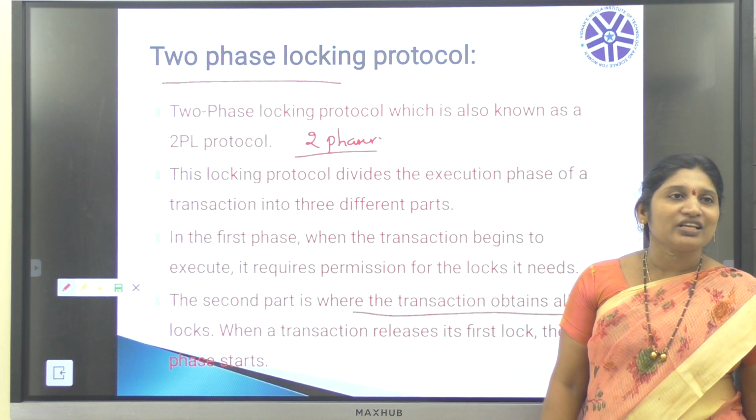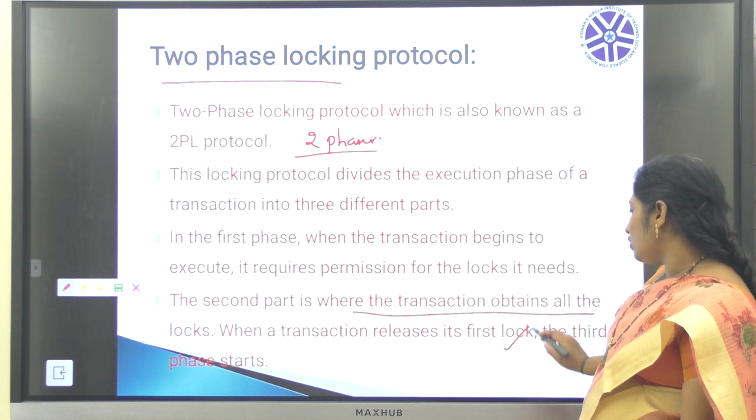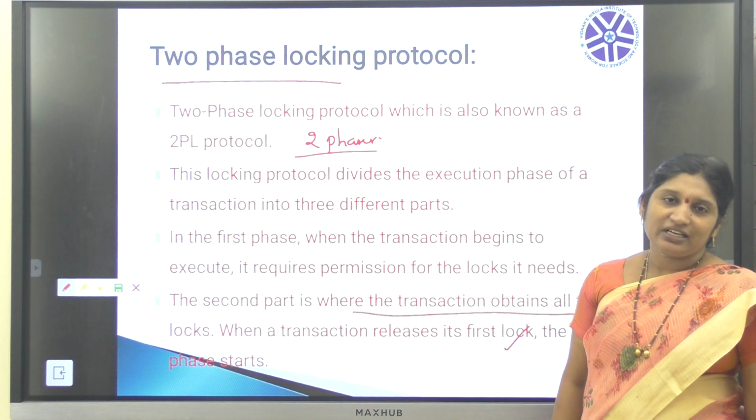After executing them, it enters the third part, where it releases the locks on those data items.